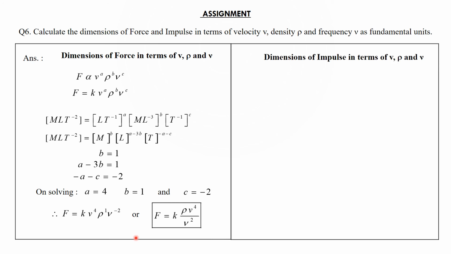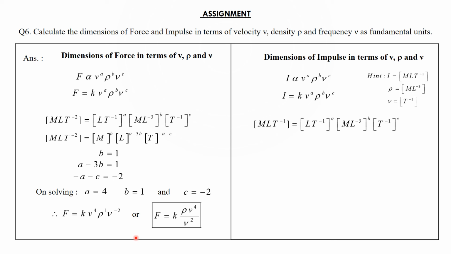Now we will find the dimensions of impulse in terms of velocity, density and frequency. So impulse is proportional to V to the power of A, rho to the power of B and nu to the power of C. So I equal to K V to the power of A, rho to the power of B and nu to the power of C. We need the dimensions. We put the dimensions. For impulse it is M L T minus 1, velocity is L T minus 1, density is M L minus 3 and frequency